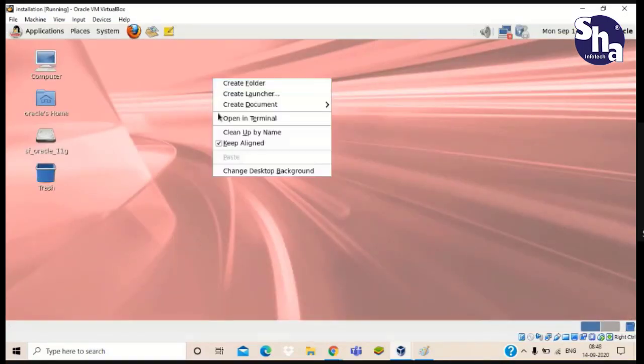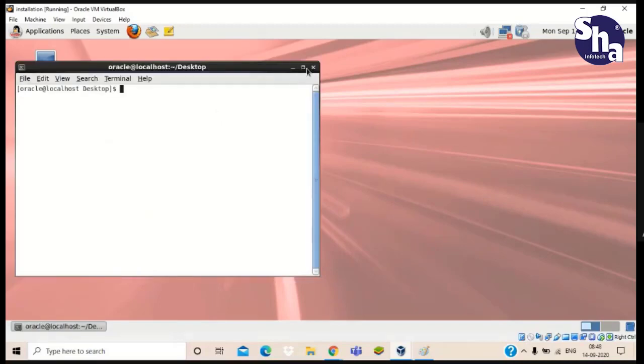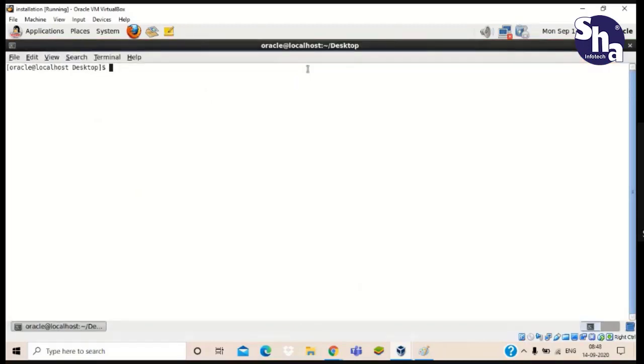Now just open a terminal. Now what we have to do, let us see our user one app Oracle file, the directories. Let us go to user one. You can see here our user and group are changed. We have changed our user and group as well. So for that we have logged in with the Oracle user.